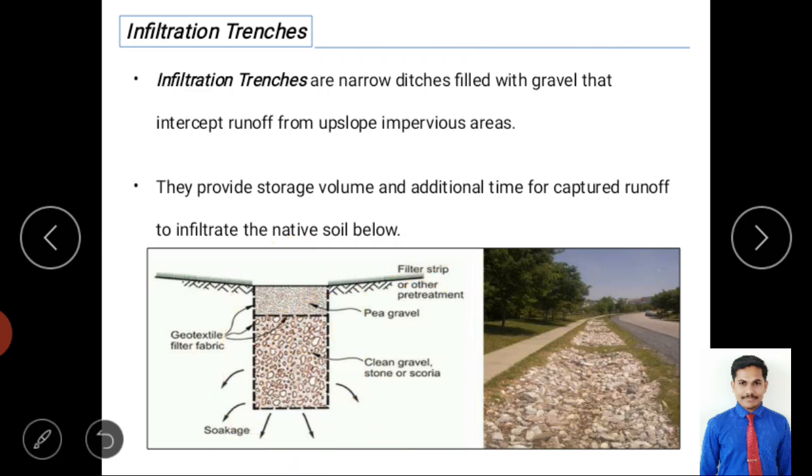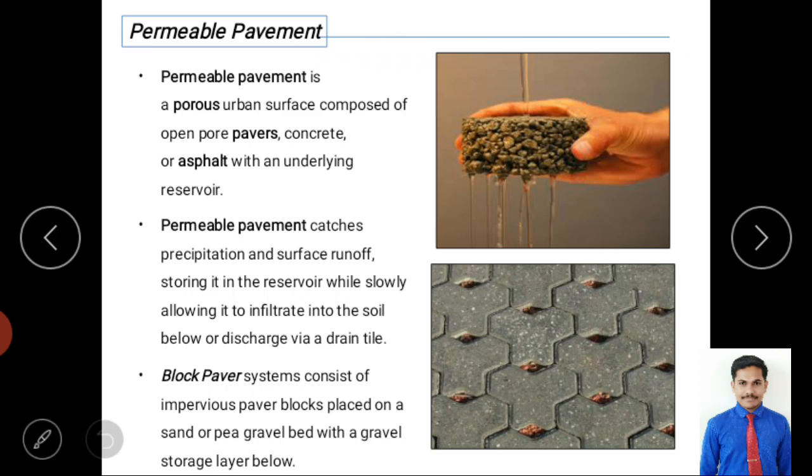So we'll see the next method, permeable pavement. You may have heard of porous pavement, right? So here also permeable pavement or porous pavement. Actually it is also concrete, but we are making non-strong, pervious concrete. We are providing some voids where water can pass through it, like a filtering member, or you can call it a sponge.